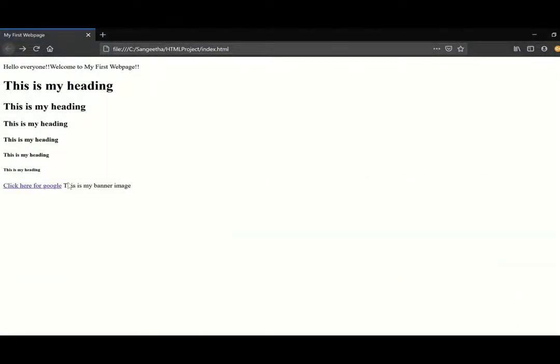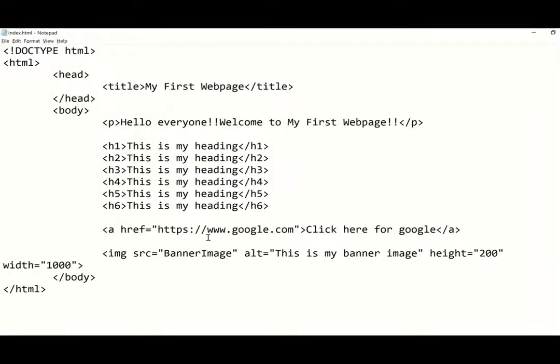Yes, now it is displaying: this is my banner image, the alternative text, since the image source file we have provided is wrong. So we have to give a proper URL of the image here in the source attribute.